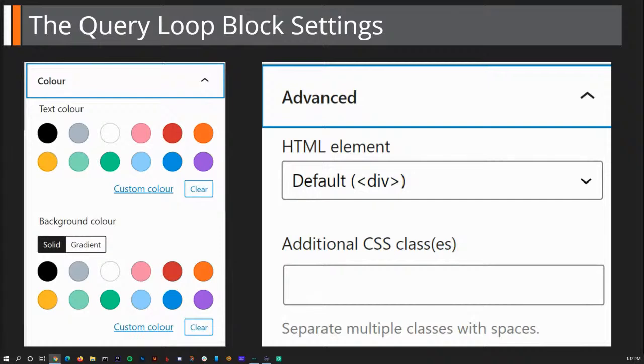But at the moment the controls are very basic for color, and I've put the advanced one here. Now all these settings are stacked on the right hand side vertically, but I've just put them side by side here just so you can actually see them a little bit better on the screen. So the advanced one, this is the one at the very bottom of the query loop block settings, and it's